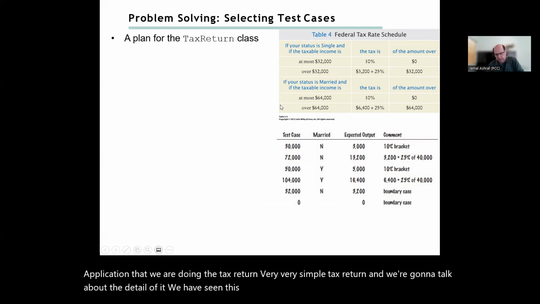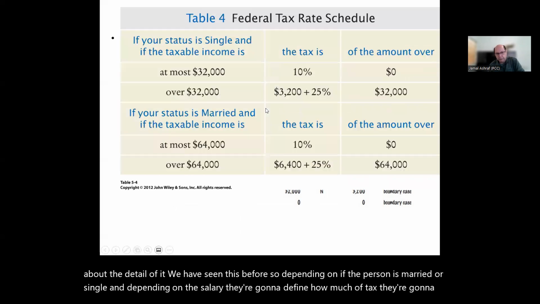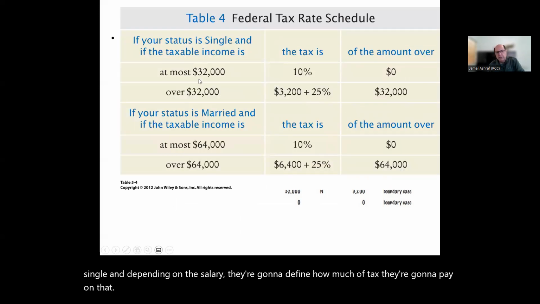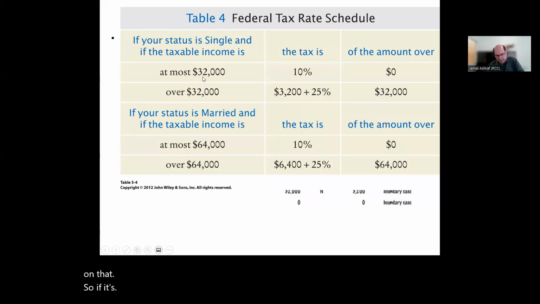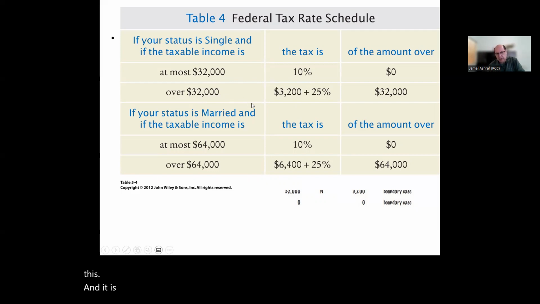So depending on if the person is married or single, and depending on the salary, they're going to define how much tax they're going to pay on that. So if it's 32,000 or less, they're going to pay 10%. This is not the actual tax return. We're just playing with these concepts. And if it's over 32,000, it's going to be the 10% for